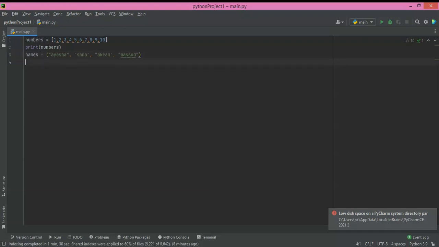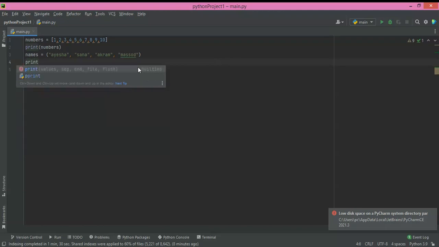So there I have written four names, which are Aisha, Sana, Akram, and Masood. I'll use double quotations, and all of these names are separated by commas. And this is the same as what we use for numbers, but the printing method of a list in this way will be different.